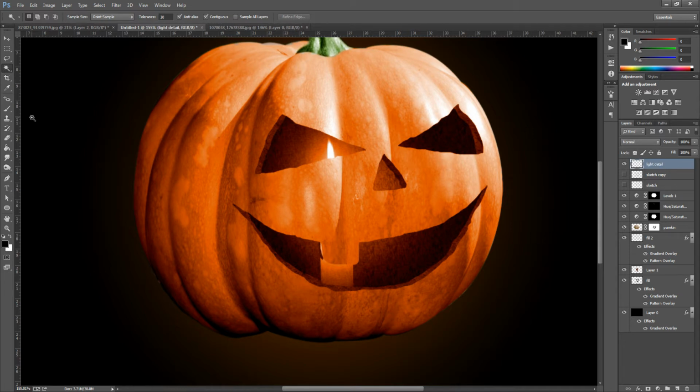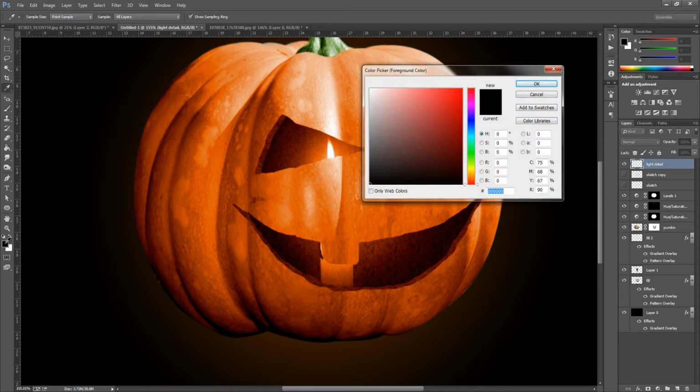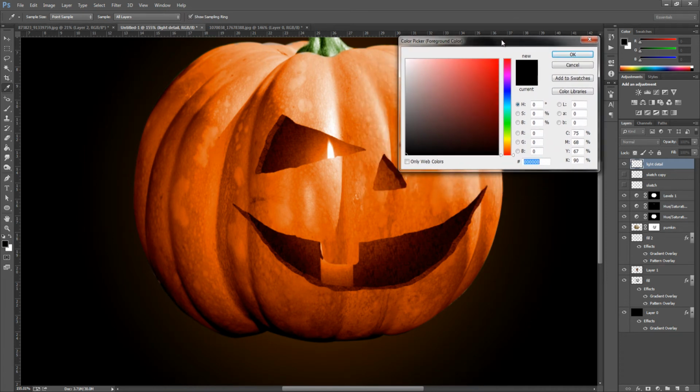And all we're going to do now is change our colour. Go to the paintbrush tool, click on the colour that we need, and we're going for something around about here. So let's type in our colour, FBBE0B, so quite a bright yellow.